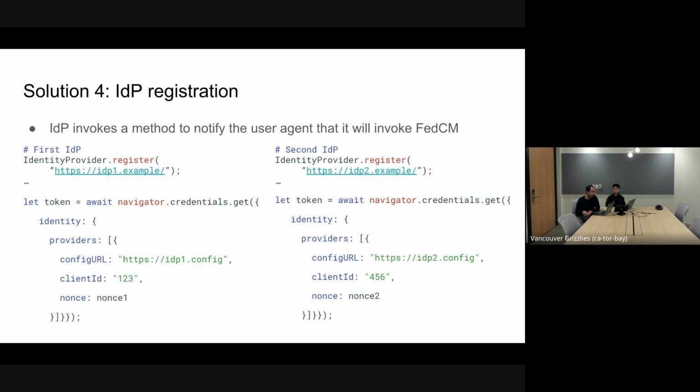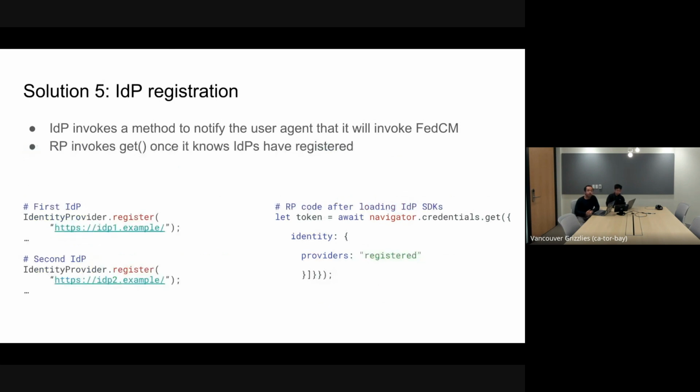That said, with this method, if the RP has control on the order in which register is called, then it does provide the RP with some preference, with some way to specify IDP ordering. Now, lastly, the final solution is a similar IDP registration, but in this case,